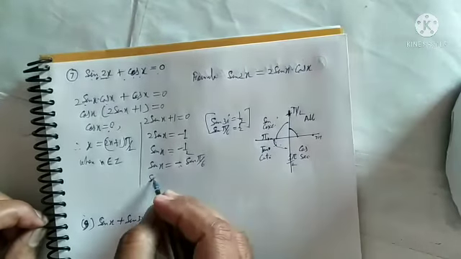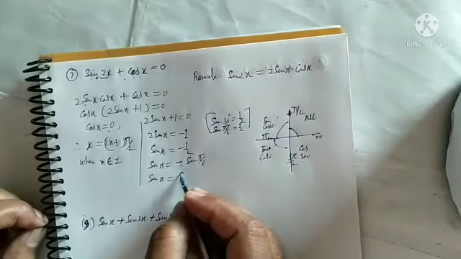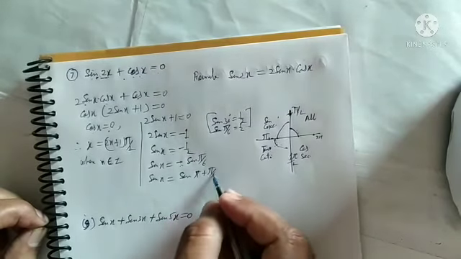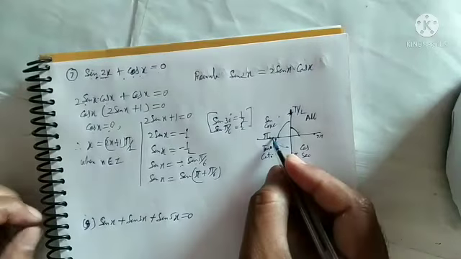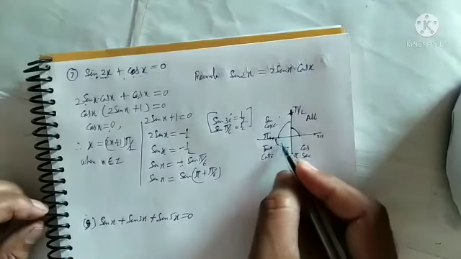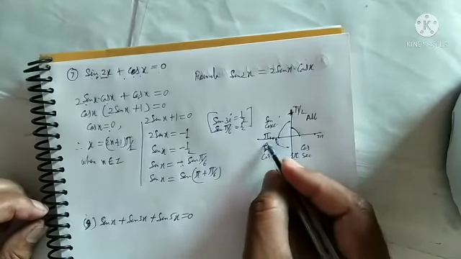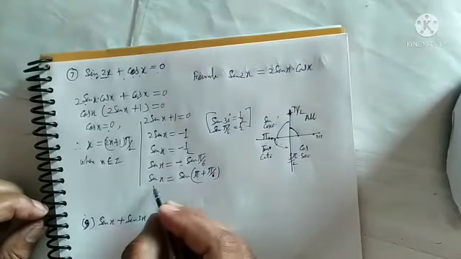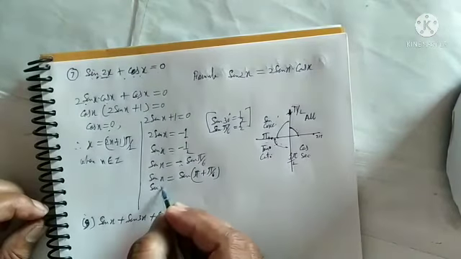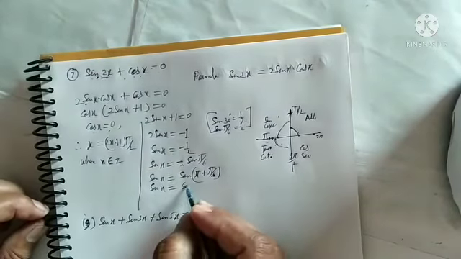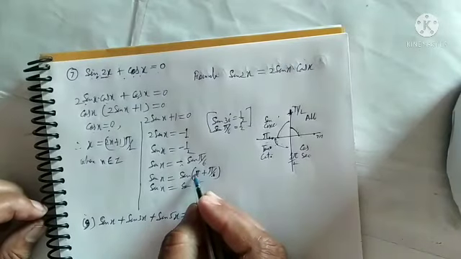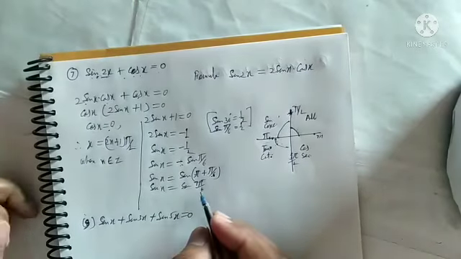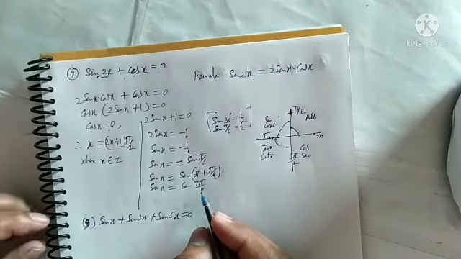So we will write down here sine x is equal to sine of pi plus pi upon 6. Because this is pi, and if you add something, it will fall in this negative quadrant. So pi upon 6 we should add. Now take the LCM. What will come? Sine x is equal to sine of (6 pi plus pi) upon 6, so 7 pi upon 6. Now we got 7 pi upon 6.